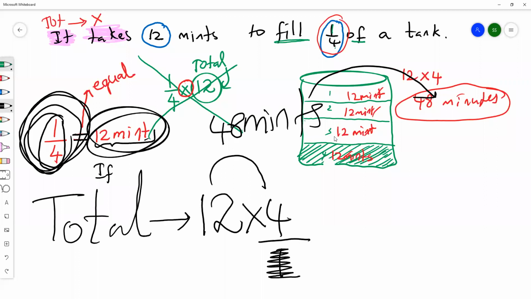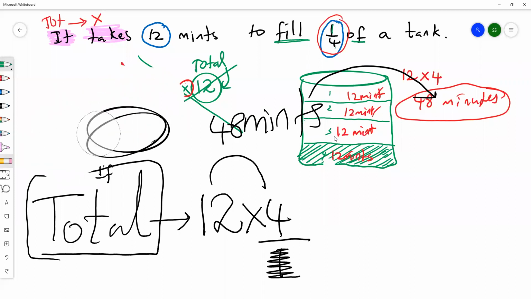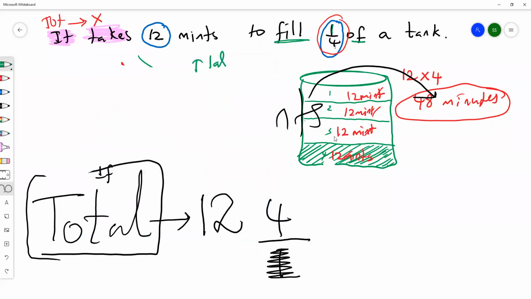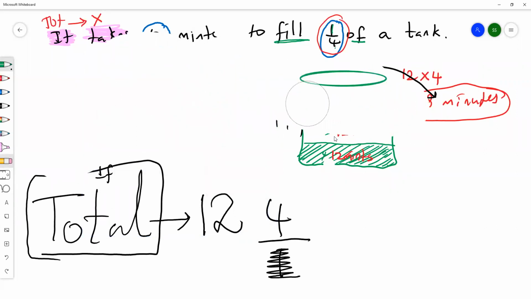So, if a fraction equals to something, to find the total, the fraction will change as reciprocal, upside down. Okay, children, I'm going to tell in Tamil. Before that, I will explain that once again.